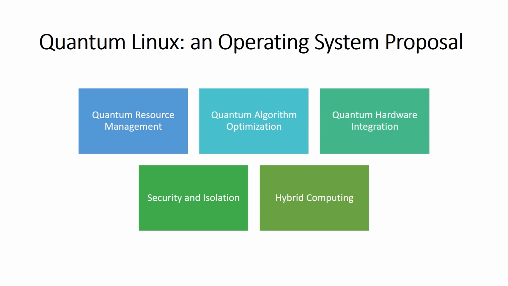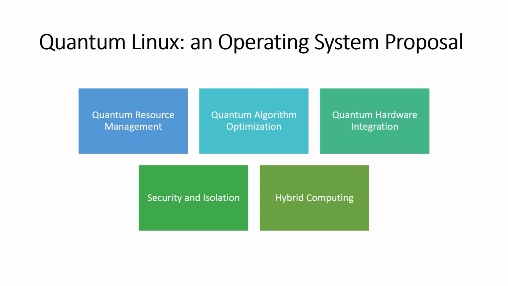Quantum resource management. Quantum Linux should perform resource management through its quantum-aware scheduler. It leverages insights from the quantum kernel and quantum hardware to dynamically allocate resources to quantum tasks. It ensures that qubits and quantum processors are optimally assigned to different tasks. For example, in a quantum program with multiple quantum circuits, it allocates qubits efficiently, minimizing contention and reducing the probability of errors. And this dynamic allocation is essential for optimizing quantum computations and improving their overall performance.